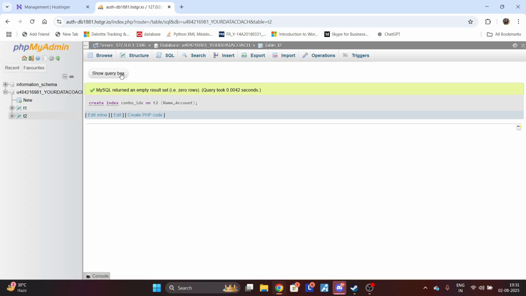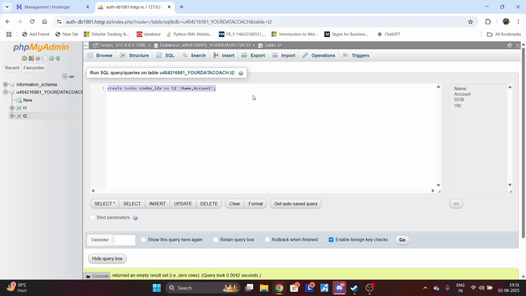See, so now whenever we have to do a combination of where clause, right, of both a name and account, that will also give us one record analysis. So if I do select star from T1 where name equal to Amit,